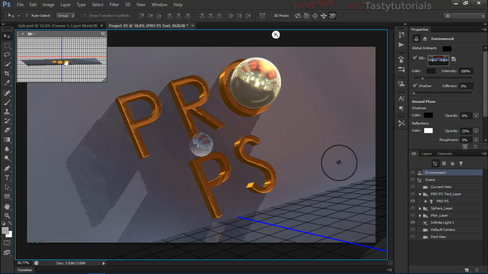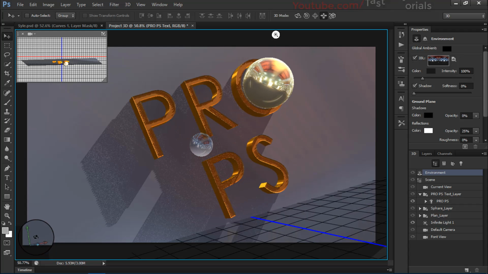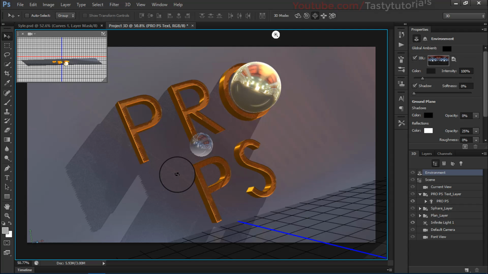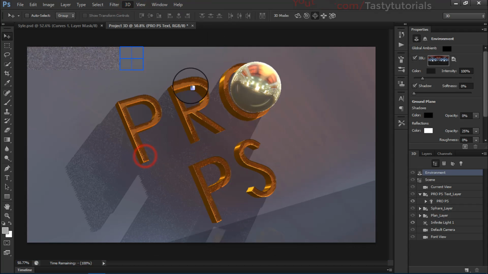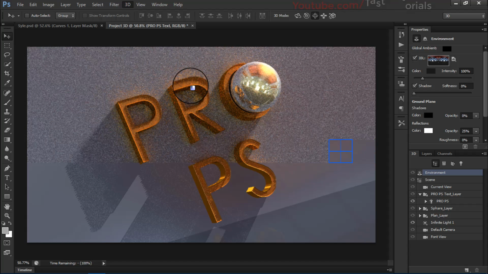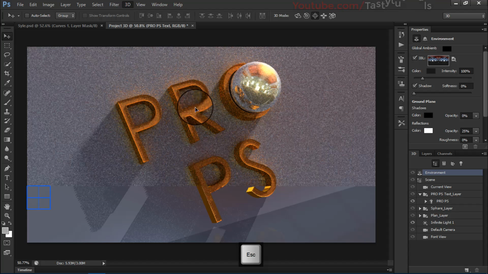Yes, now we can render this. But before we do that, we need to zoom it out a little bit. Yes, and we will need to pan scan this here. Now we will render this. It will take a little time, so we will wait for the process to complete its work. So go to 3D and go to render. It will take a lot of time, but we will not complete this, but let it just work how much where it looks nice. So we will be back after finishing its basic work, and before it finishes its rendering,